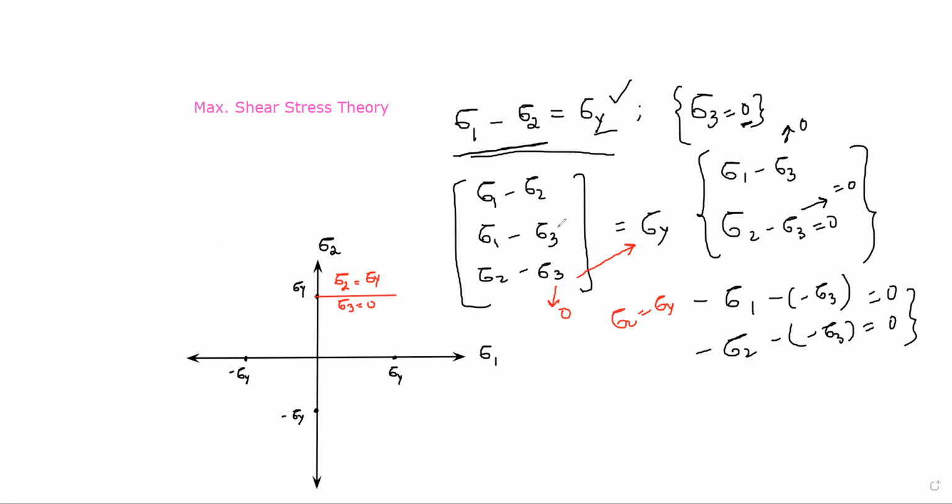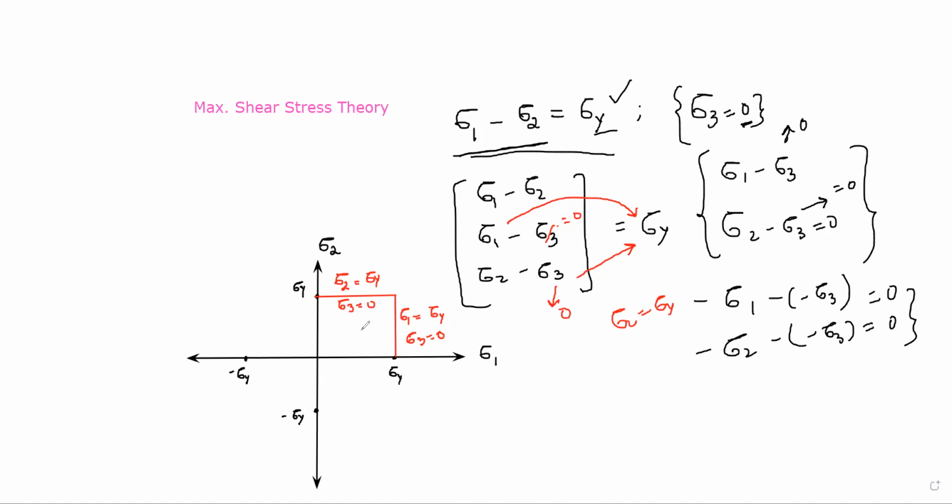Fine. Now look at this line. Our sigma 3 is already equal to 0. So if sigma 1 becomes equal to sigma y, the failure happens. That will be represented by a line like this. So this line represents sigma 1 equal to sigma y, where our sigma 3 equal